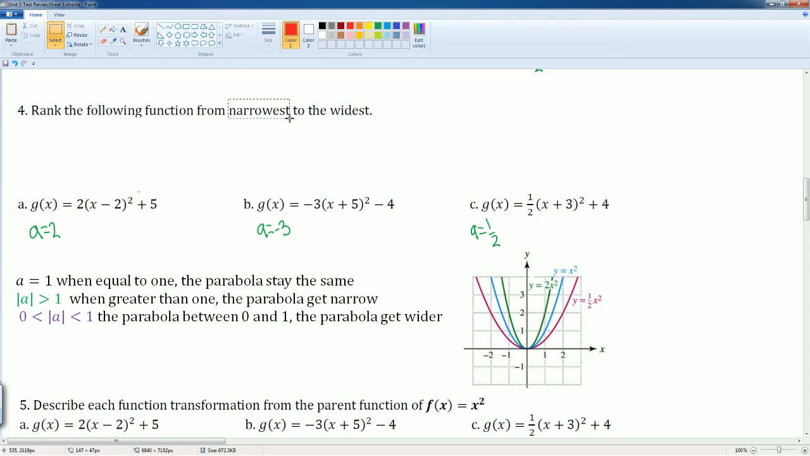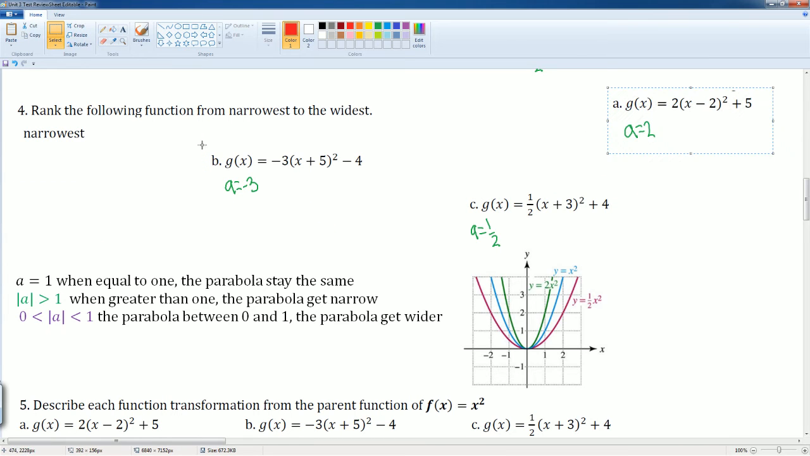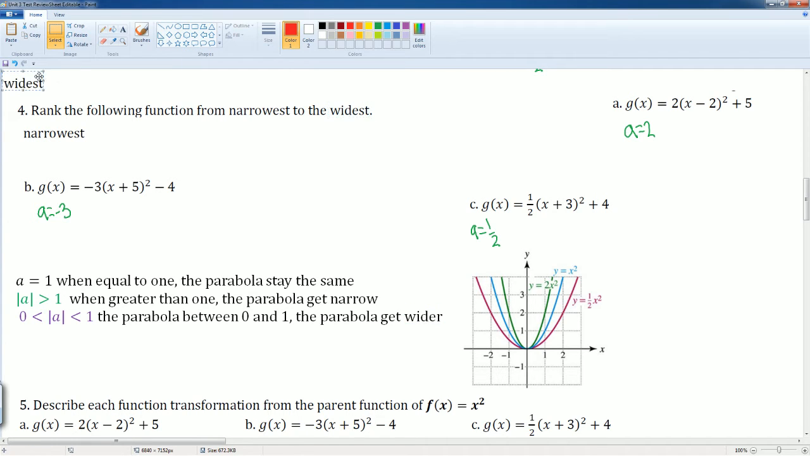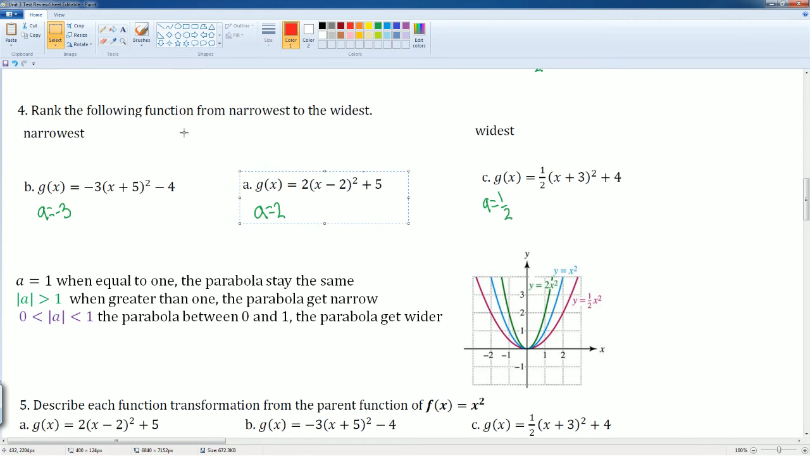So the narrowest, based on the core concept, says when the absolute value of a is bigger than 1. So that would be b. That is bigger than 1. Okay? Then the widest is going to be the fraction. So the widest is going to be the 1/2. Then what's in the middle would be this value. So here you go. This is the narrowest all the way to the